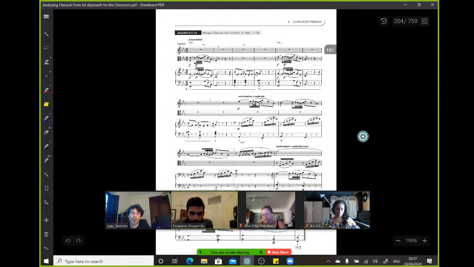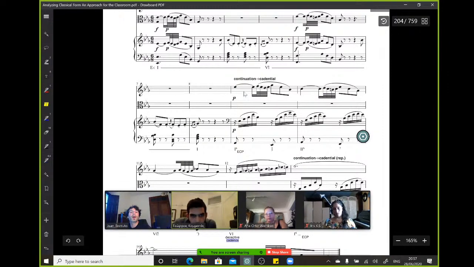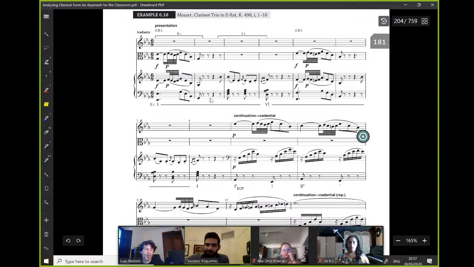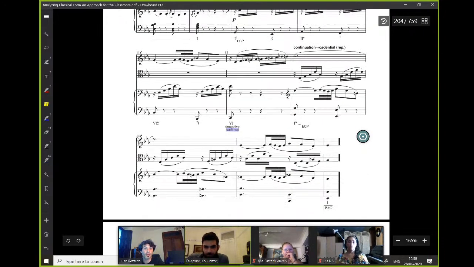I will introduce it a bit so no one gets confused. This is a compound theme. You haven't learned compound themes yet, but you already learned the basics. It's a compound theme, meaning that we have a compound basic idea twice, and that adds up to 8 bars, and then we have a continuation cadential, which is 4 bars long,